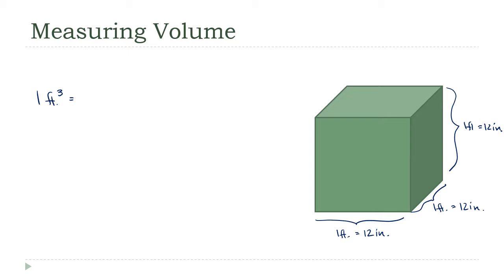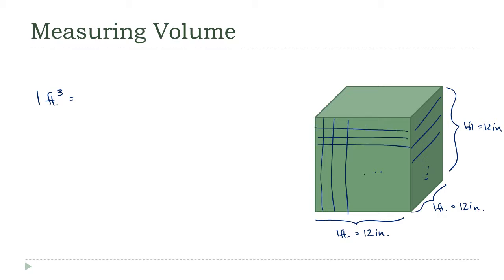And how many 1 cubic inch boxes? Well, if I did the same thing I did before, right, and I break it up here, and I break it up here, how many 1 cubic inch boxes are there in there? Well, it's going to be 12 times 12 times 12, which is 1,728